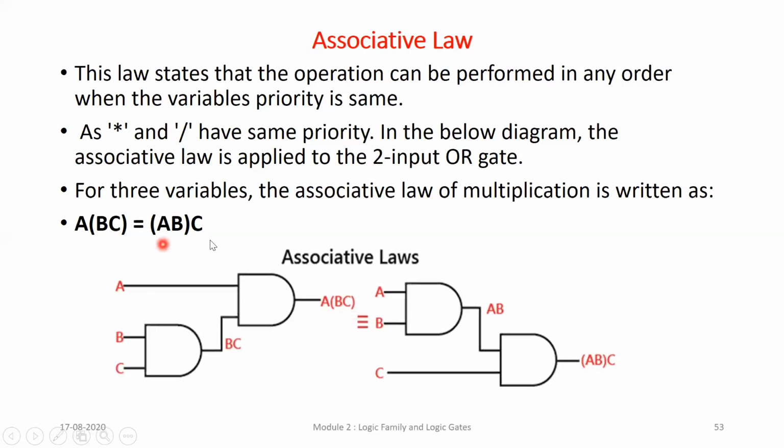Same thing if I want to implement the RHS. So AB is clubbed together. So in a two-input gate, I give A and B. So here my product, I get AB. And then AB is again multiplied by C. So I have AB into C. So this is how it works. This is a very simple thing, but each and every stage is a building block to a bigger one. So I hope this is clear.